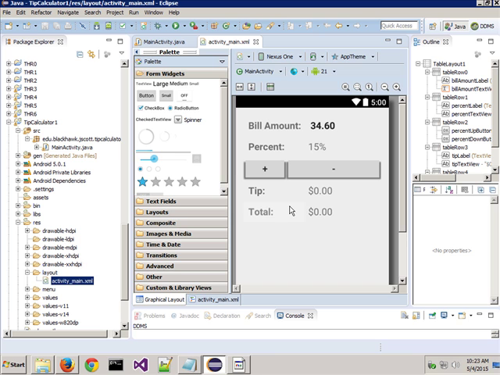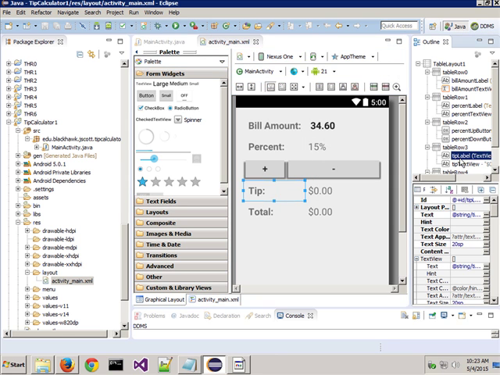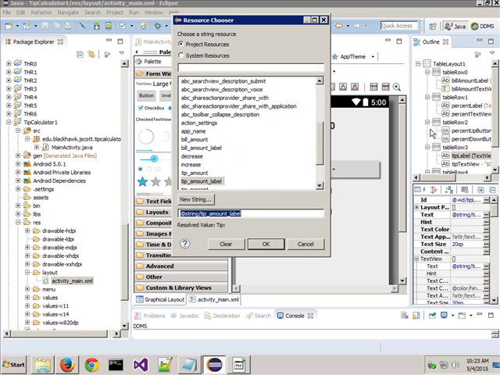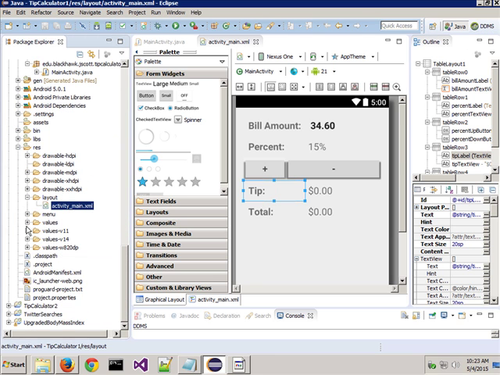It looked okay. When this was first created, this said text view, text view, text view. That was a blank button, text view, text view, text view. Literally the words, text view. All right, but I did not go in here and walk up to where it says tip, for example, and then right mouse click on it, which is one way you can do this, and edit the text. I could have done that and literally typed in the word tip with a colon. That's not the way you do it. Instead, you literally create another file that holds all these strings. And that's what all these are in here. All right, and that file that you'll see in just a minute,